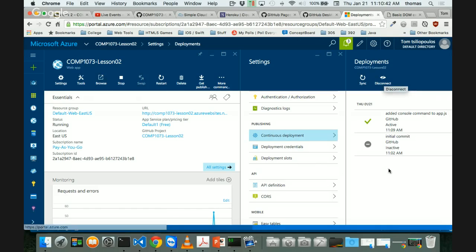I can disconnect this GitHub deployment, this GitHub repo, and connect it to something else. So we cannot connect with two boards? No, you wouldn't be able to. You only have one source for all your files, right? Yeah. We both get to the same point